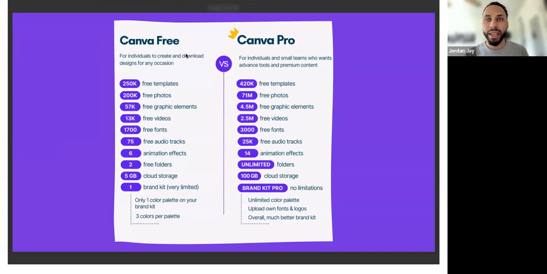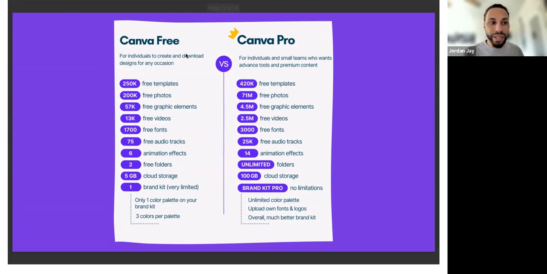It is really a great place to centralize your templates, even your fonts. With the Pro version, you can upload a font that you use often for your content, whether that be your email, banners, or booklets. You can upload those and then everyone can access them through the team.